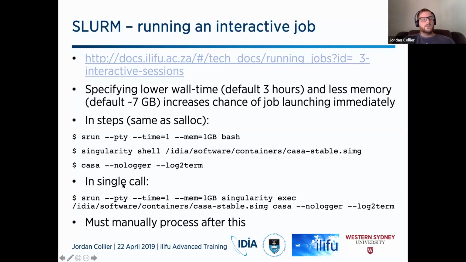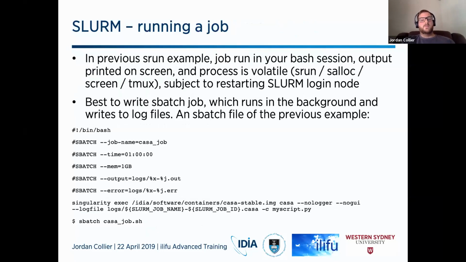Or you could do this in a single call using this syntax. So I do singularity exec, the container path, and then the software. But the problem is you could run a script after this, but I don't know why you would versus just running an SBatch job. But otherwise, if you're not running a script, you must be manually processing after that. And all of your output is just printed to the screen. So as I'm saying here, if you do it in this way, your jobs run within your bash session, all the output is printed to screen, and the whole process is